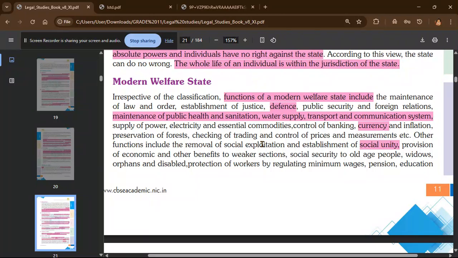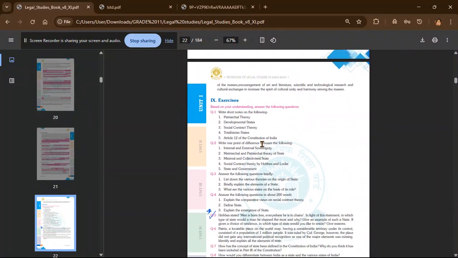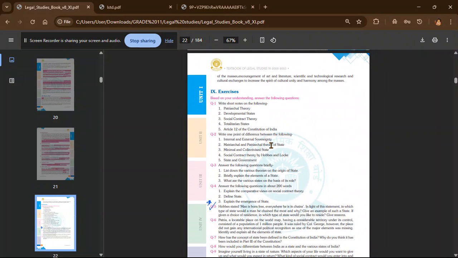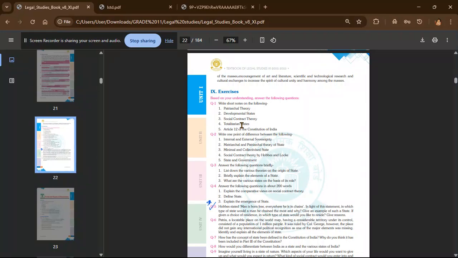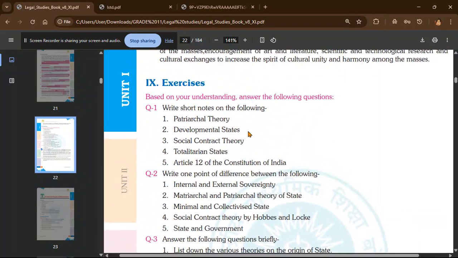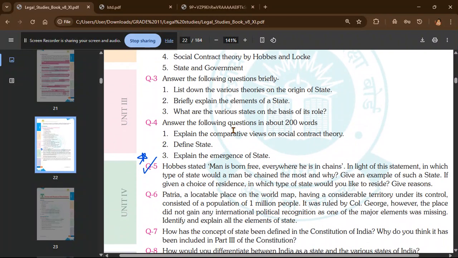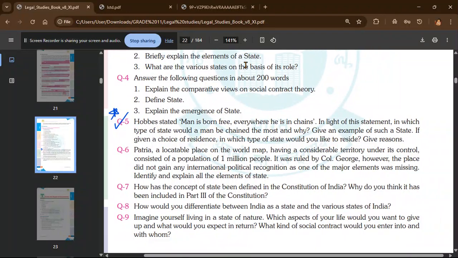Okay, just write 4, 5, 6 of these, that is enough. Okay, so with this, we are done with our first chapter. We'll be moving on to our second chapter. Before that, I'll make you do the exercises. So exercises, I'll not be doing all the questions because we have done this. Okay, I'll just be explaining you these ones.